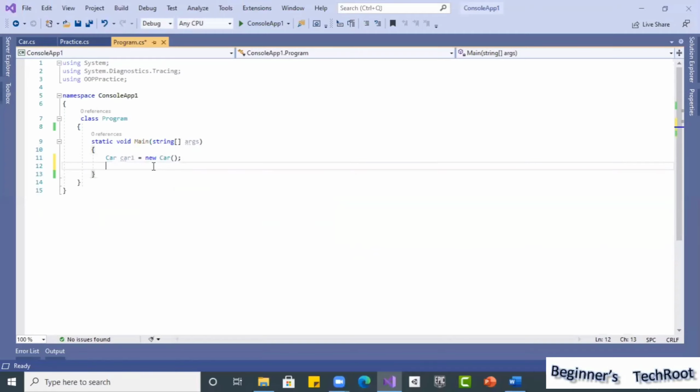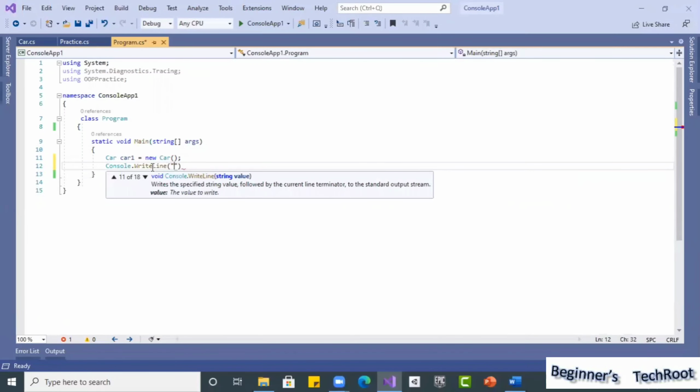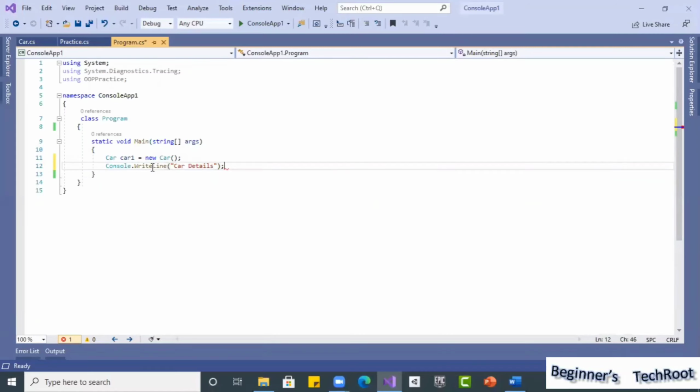So now I will write on the screen the values, and see what happens. Console.WriteLine. For example, I will write on the screen car details. Here I will write all the things like the fields we have defined, right?